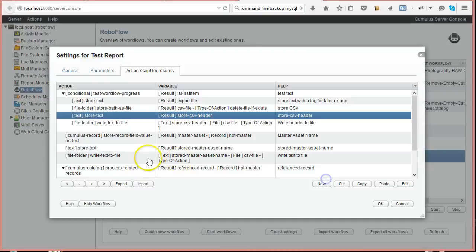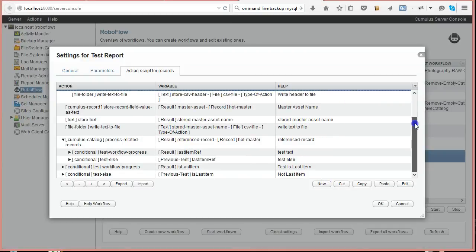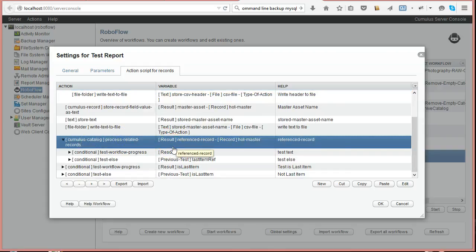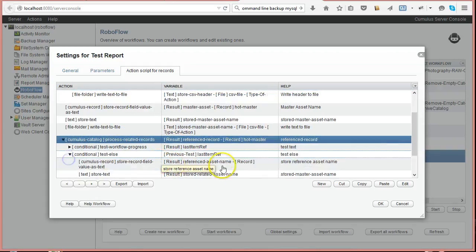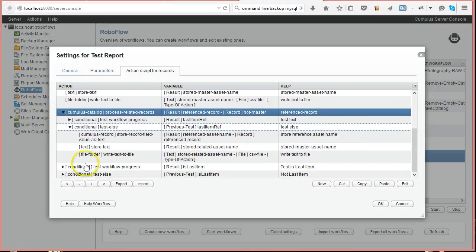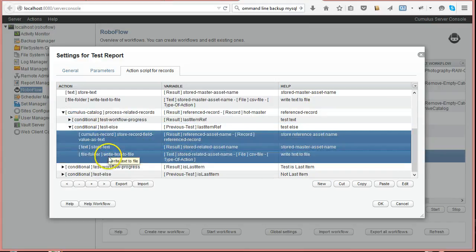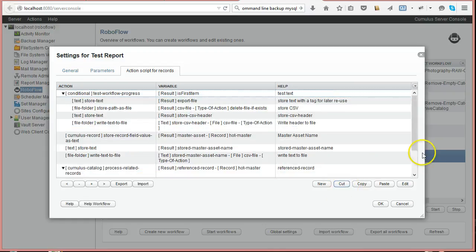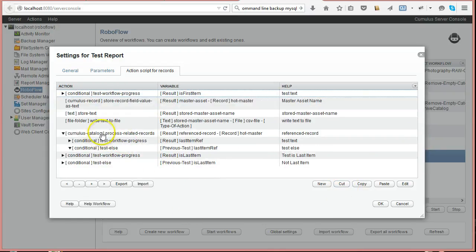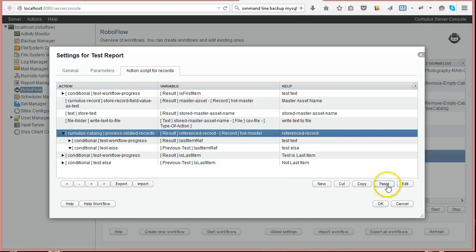So I don't know if you want to add a character return at the end. Well, just after processing the related, what comes out, you are just after the last record. So I think it's probably best to cut this as well. And let's close this and just put it here, paste,